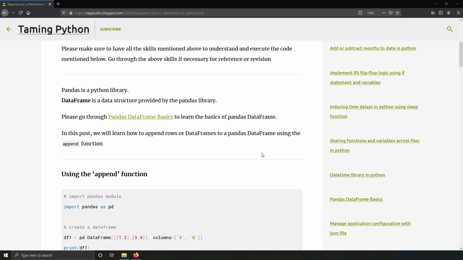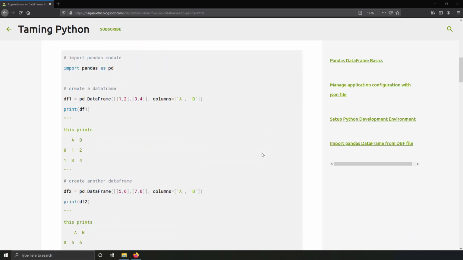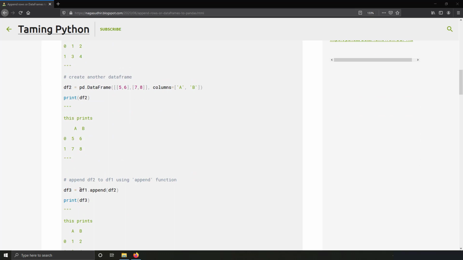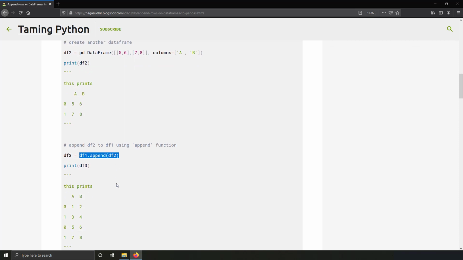What I want to say is, if you have a data frame and you want to expand the data, if you want to add new rows to the data, how can you do that? I'm going to tell you two ways. One way is to use data frame dot append, which you can see here, df1.append(df2). If you do that, you can keep one data frame below another data frame and expand your data frame. That's one way to do that.